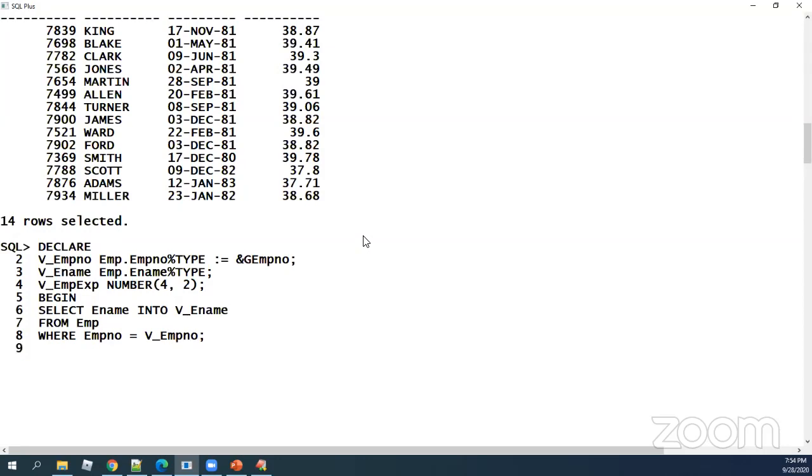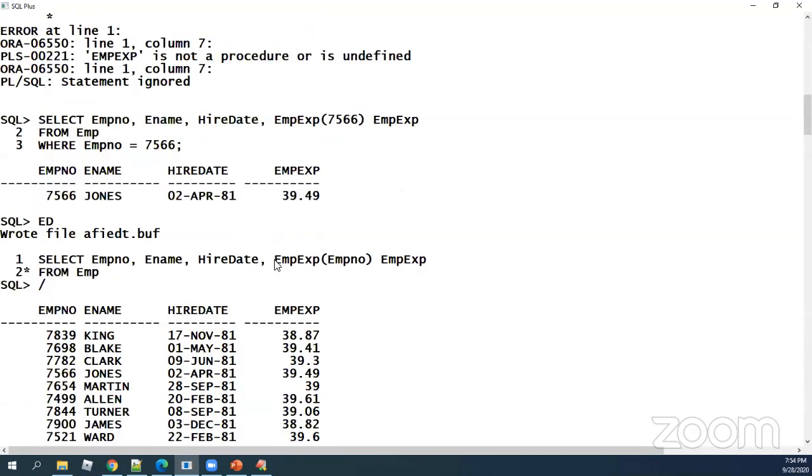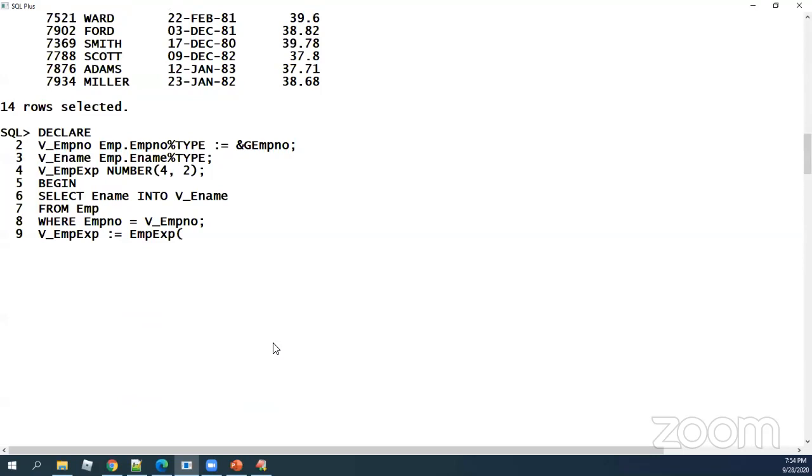then you just watch very carefully. I'm calling this v_emp_exp, assigned as, I'm going and calling this emp_exp function we have created by supplying that v_employee_number. So since the function always returns a value, please assign that function to some variable.